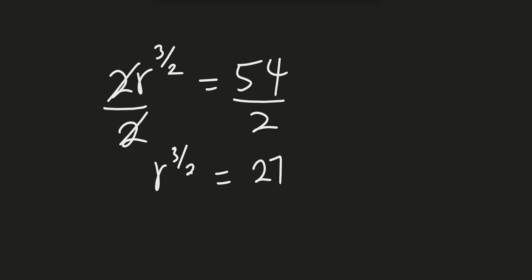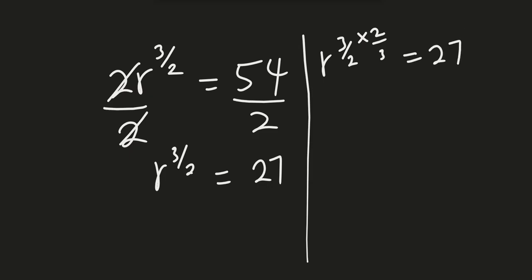From the last part, I explained that when an alphabet holds numbers, you have to multiply both sides by the inverse, and then you have this, r to the 3 over 2 times 2 over 3 equals 27 to the 2 over 3. So automatically you have multiplied both sides by the inverse. So this cancels, this cancels, and r is left alone. It's a free man. So you have this, and you understand that if you have 27 to the 2 over 3,